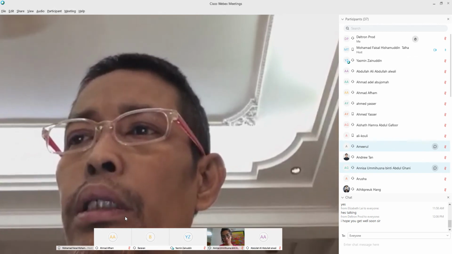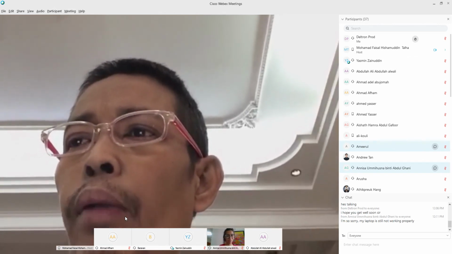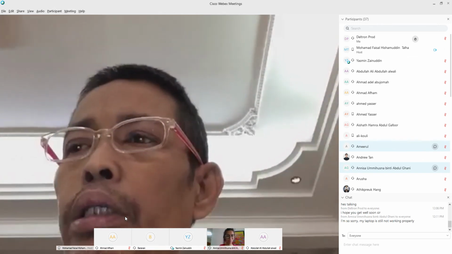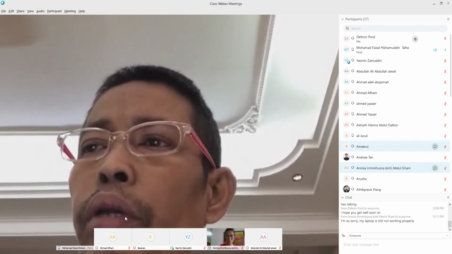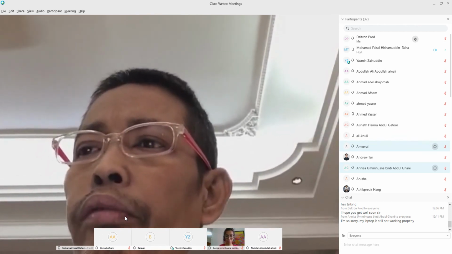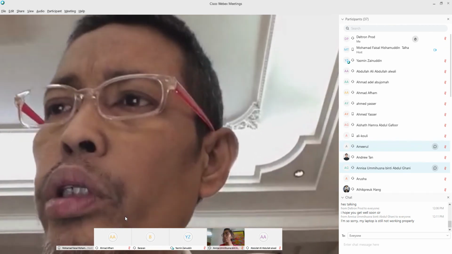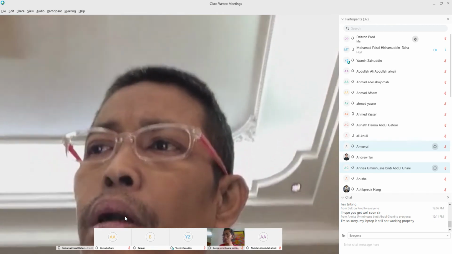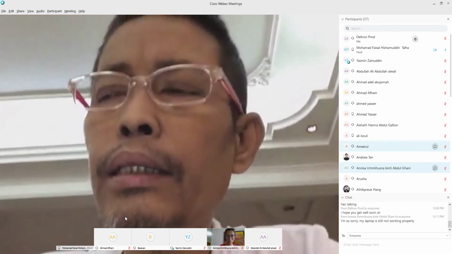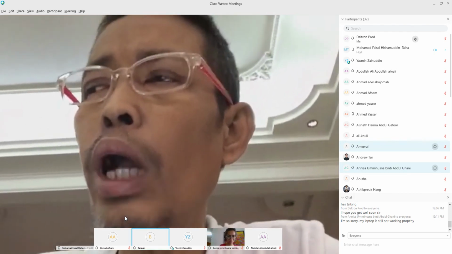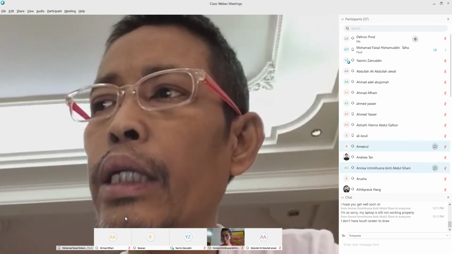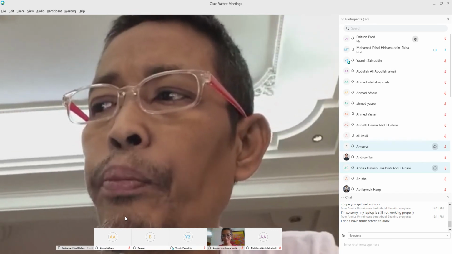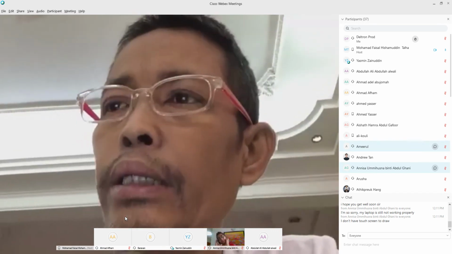But I cannot imagine some of the lecturers who are not using an iPad or touch pad. It's very difficult for them to give comments. They have to use a mouse, and a mouse is very hard to draw with, unless they have a Wacom system linked to their computer, where they draw on the pad and it transfers the drawings to the computer.